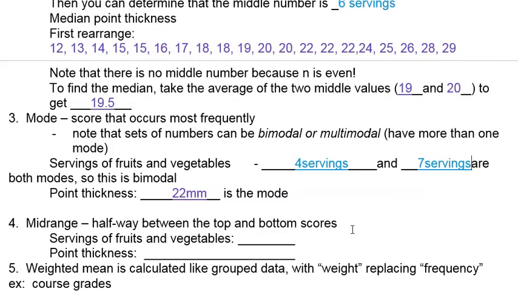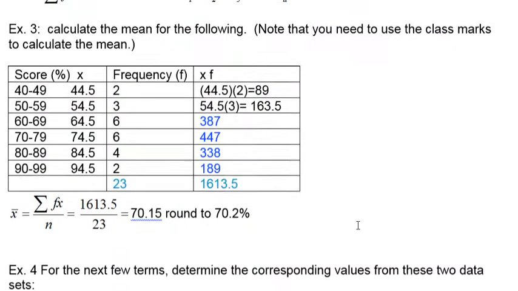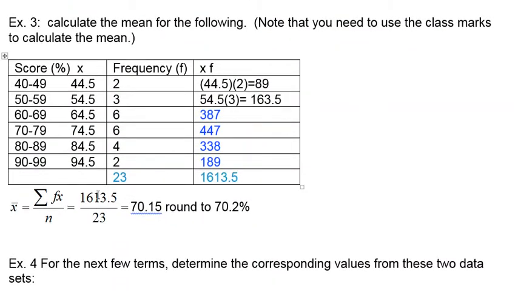Mid-range is used as a quick estimate. It's never going to be your final answer, but it is super quick. Mid-range is halfway between the top and the bottom scores. So if we look at example 3 that we had earlier, our top score was 99 and our bottom score was 40. For mid-range, we add those two up, which gets us 139, and divide by 2, which would give us